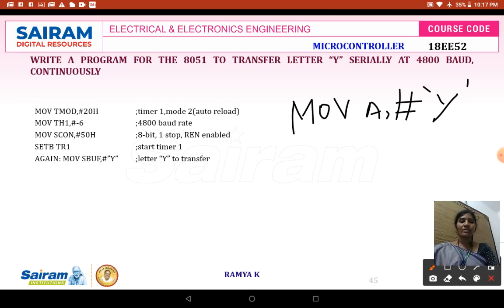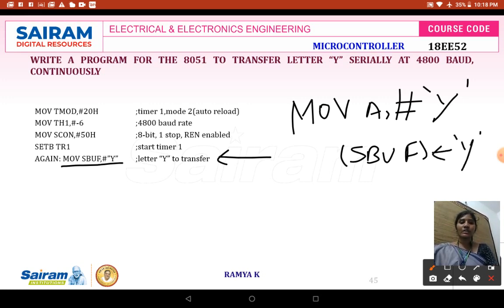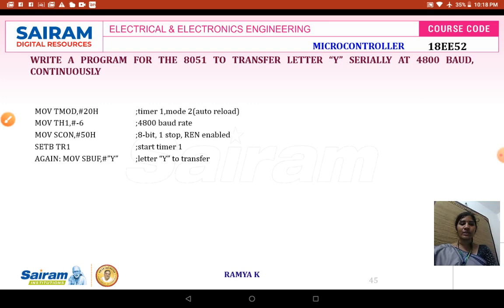Why? Because the transmitter transmits the data only if the data is available in your SBUF register. That is why we use this particular instruction, MOV SBUF, #'Y'. For this line, your SBUF is loaded with the data Y. This is the syntax for this particular instruction.